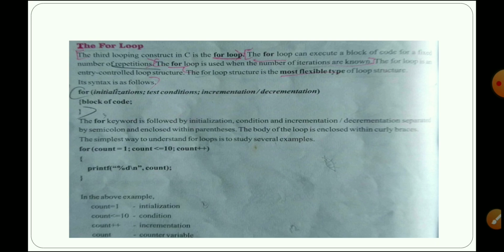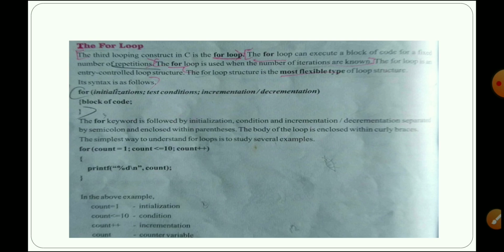This for loop executes a block of code for a fixed number of repetitions. I have to fix how many times I want to repeat, and then iterate or execute repeatedly. According to how many times I need, I apply the condition in the for loop itself. This is another name for an entry control loop.